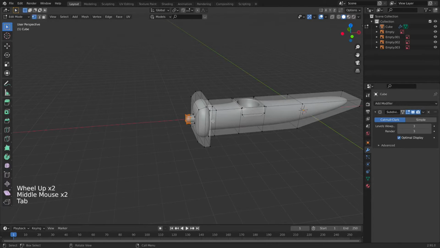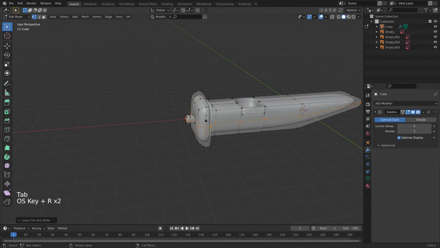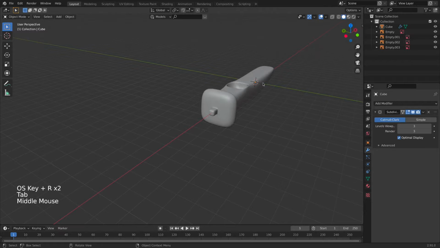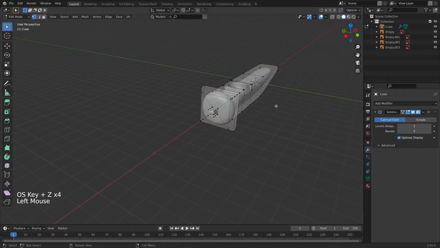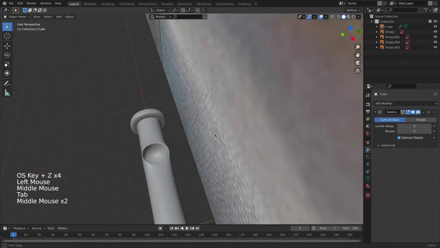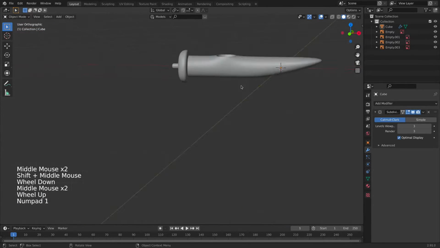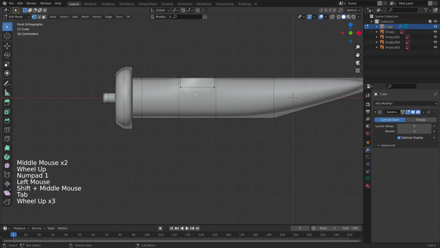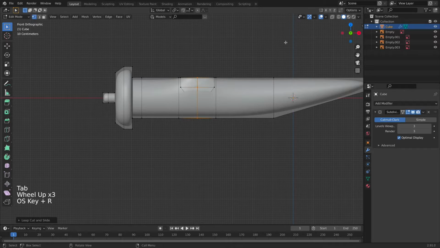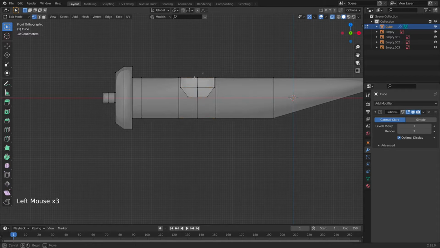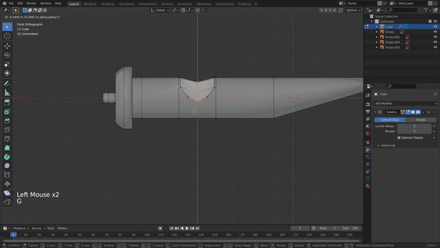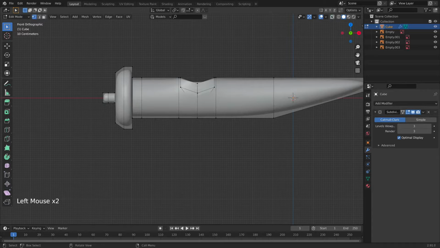Also, for example, you can add one more edge loop here and here if you want to make it more squarish, but I'm going to keep it as it is. I want it to be rounded like this. So next, for example, here we can add an edge loop, and we can select these parts here and also this one here, or actually all this, and with G and Z we can just move this slightly down,